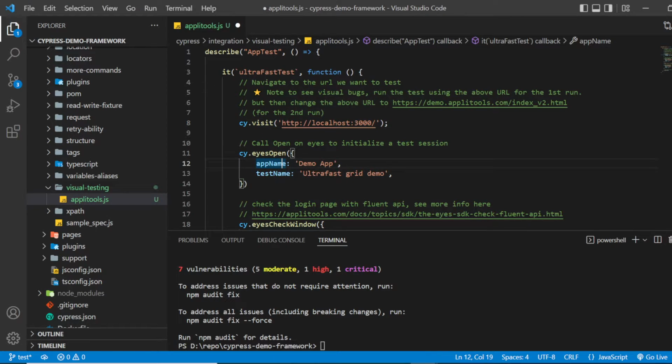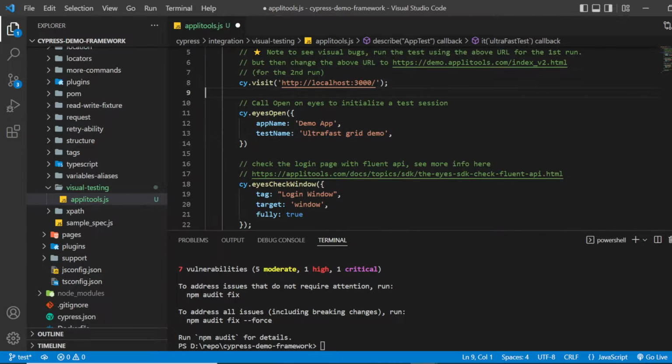Okay, then I'm gonna be using the command ice open, because we need to initialize a test session. This is going to be like the API request to establish the communication between Cypress and the grid. So I'm gonna start naming this to do app, this is the app name, and then we have to name the test name. So it is going to be like to do main application